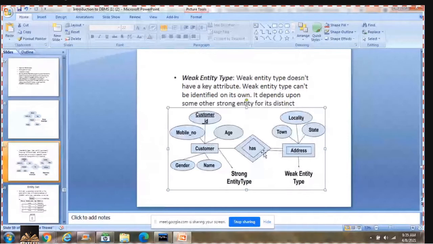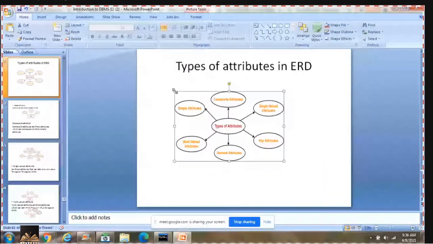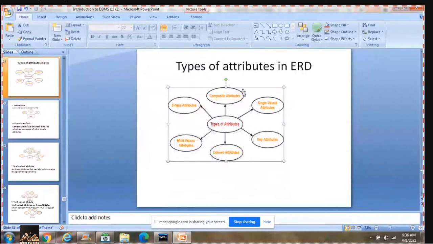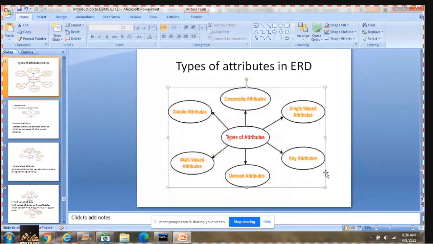Next, types of attributes in the ER model. In order to draw an ER model, you have to understand all these types.